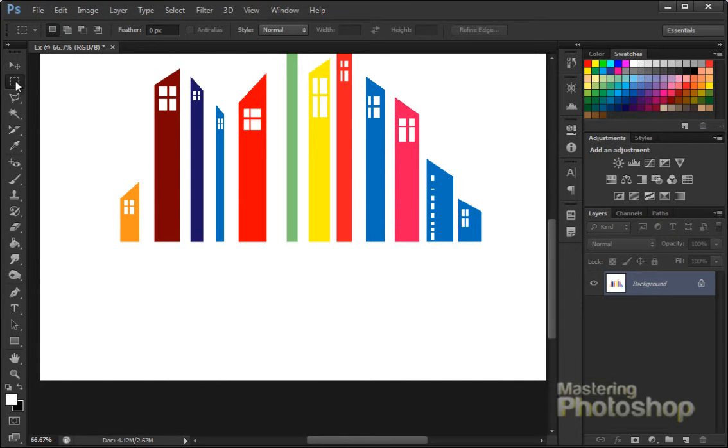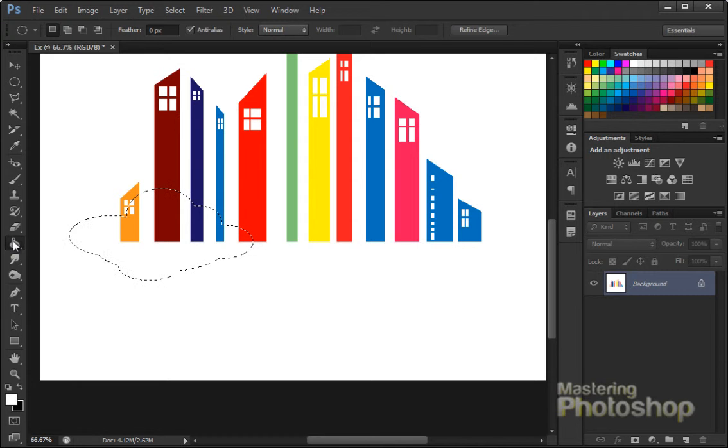And now I want you to take the elliptical marquee tool, so you can keep your mouse clicked on this flyout menu and select elliptical marquee tool, or you can say Shift and M on the keyboard and you get the elliptical marquee tool. And with this tool, I want you to create an ellipse like this. Then hold on Shift key on the keyboard and create one more, then one more, and then one more, and then one more,